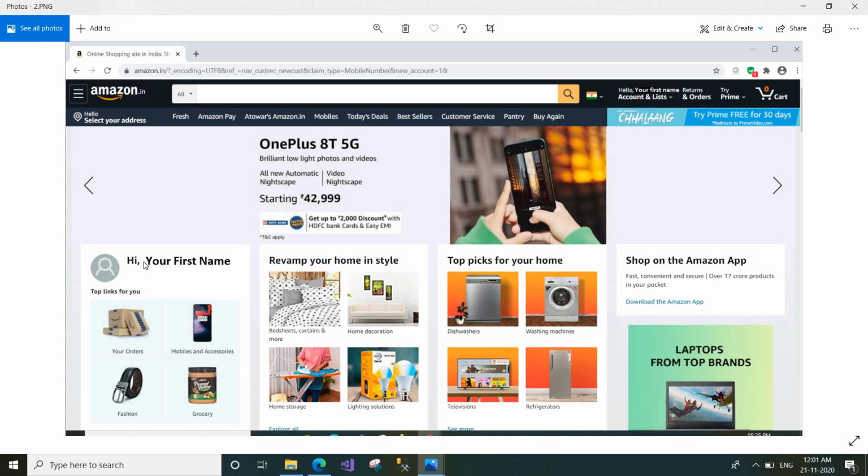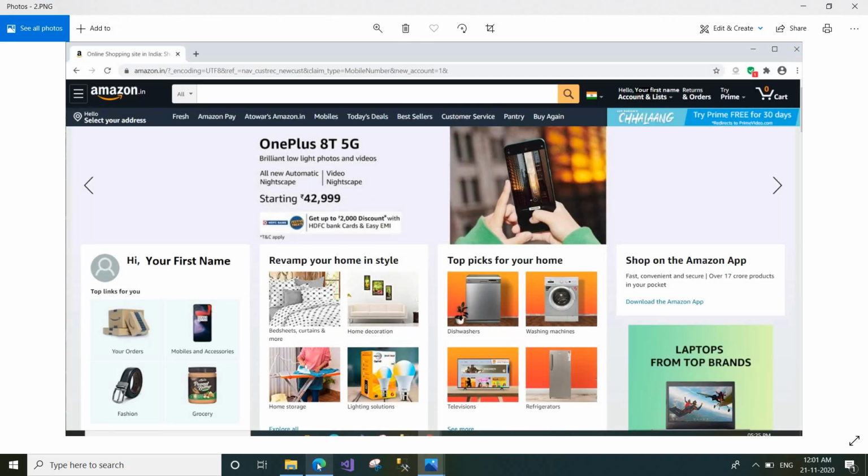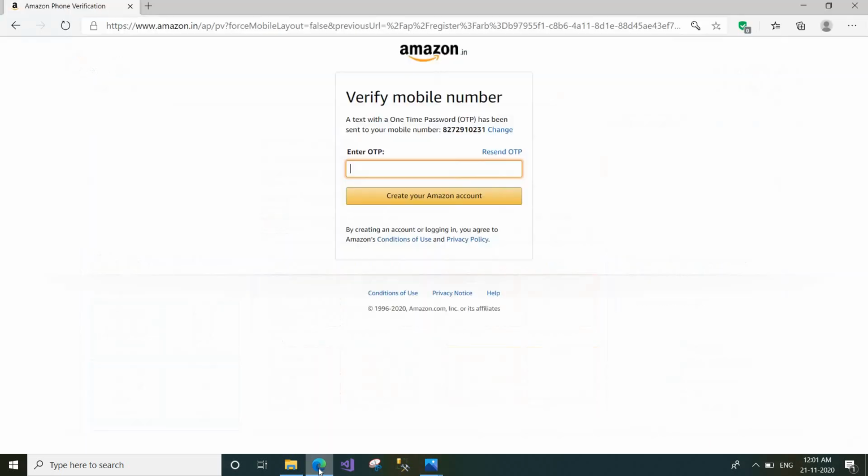I have given the first name Jenny and second name Sharma, so Jenny will show here, and here also Jenny will show. This way you can create a user ID.